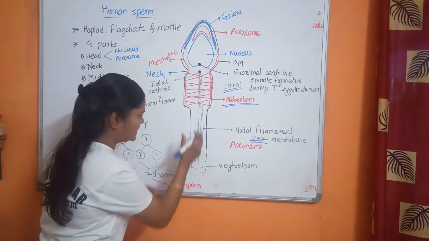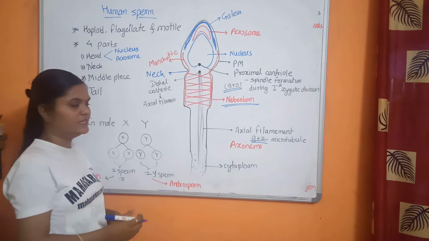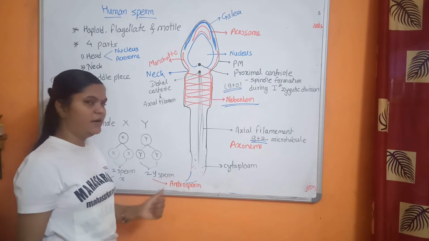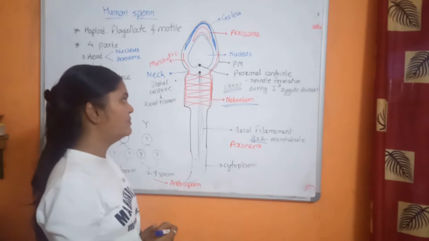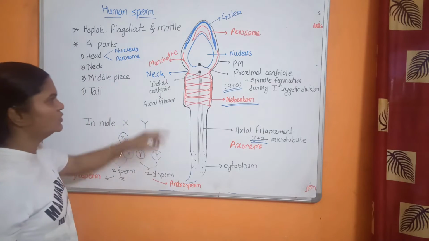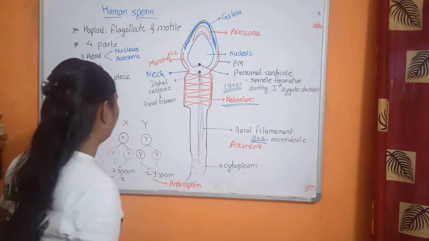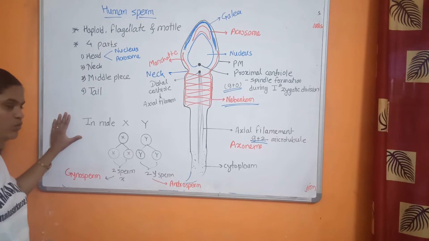So the end piece has a very long flagellar structure, the tail is a very long structure, and at the end piece there is no plasma membrane covering. This is helpful for production of energy. Now we see that in case of male,